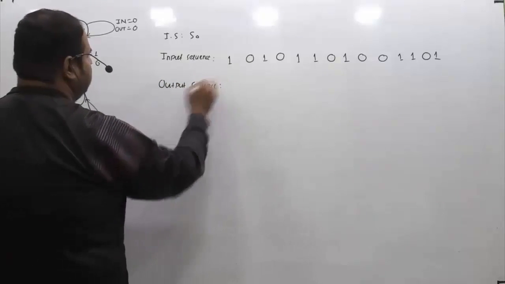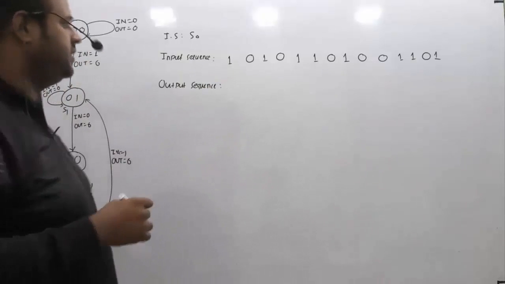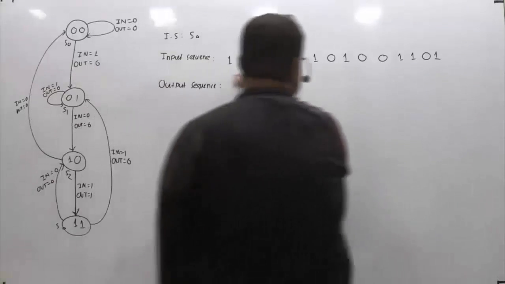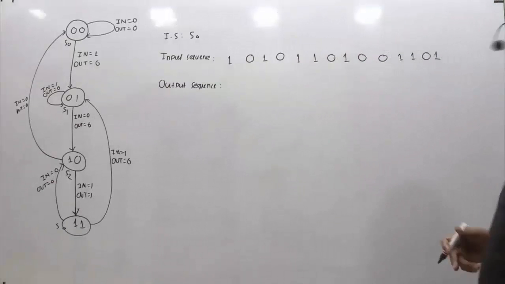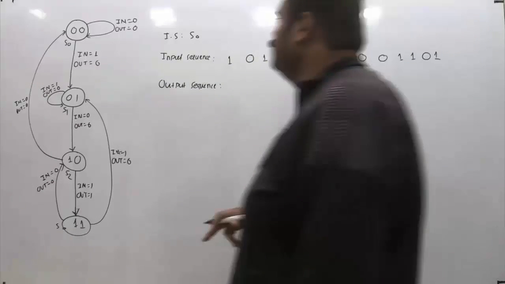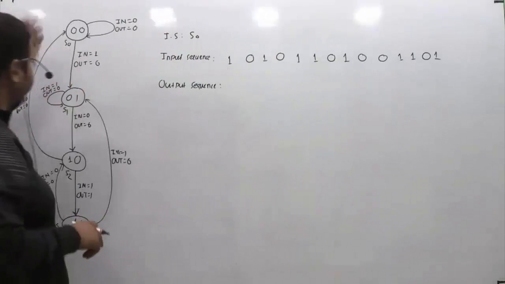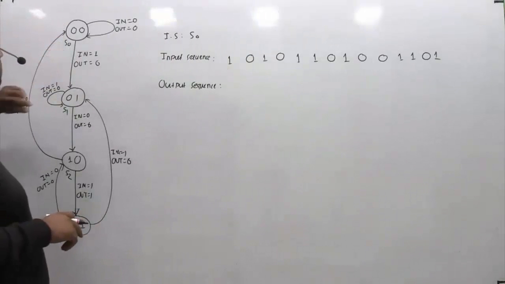And you see they have given clearly, starting with the leftmost bit. So you should start from here to here, not from here to here, right? Okay. So if I am starting with this one, if the initial state is S0, I am giving the input equal to 1.